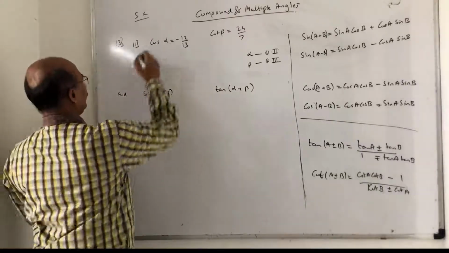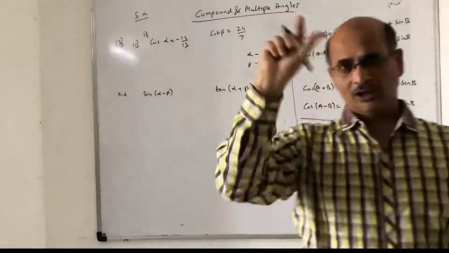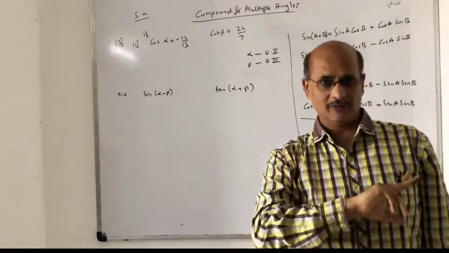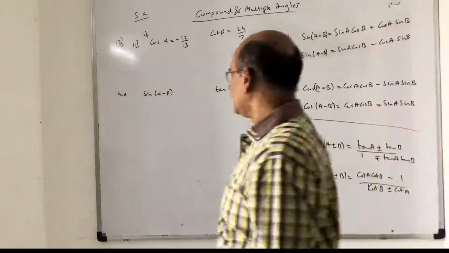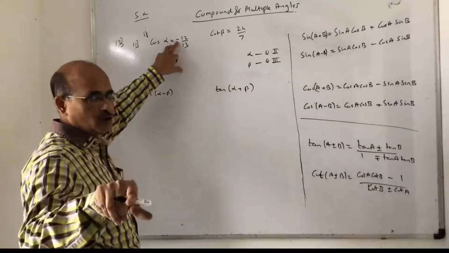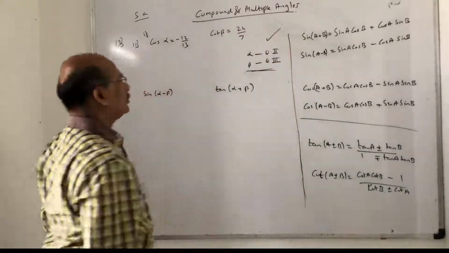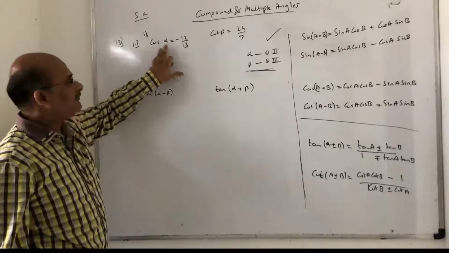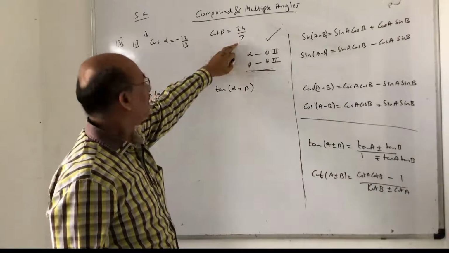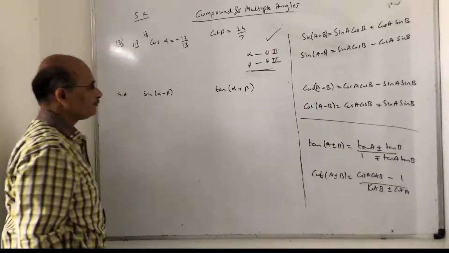They have told "if". Now if you remember the word "if", I told you these are conditional sums. If the trigonometric ratio value is given to you, you draw a right angle triangle. Remember the last topic we had done? The same thing over here. They are telling if cos alpha is minus 12 by 13, remember minus only tells you which quadrant it belongs to. So don't worry, it is clearly specified in the question alpha belongs to quadrant 2, and in quadrant 2 cos will be negative. That's why the negative answer has come. Cot beta is 24 upon 7 because beta is in quadrant 3. Now don't worry, this is the structure of the given information.